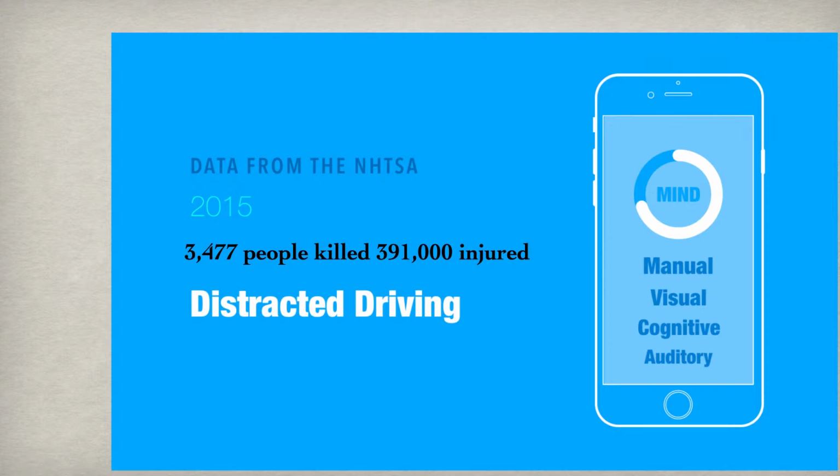The data is about 5 years old, but roughly 3,500 people are killed, and close to 400,000 are injured from distracted driving. So this is what I want you to write down. Over on the right side where it says your mind. Your mind is being